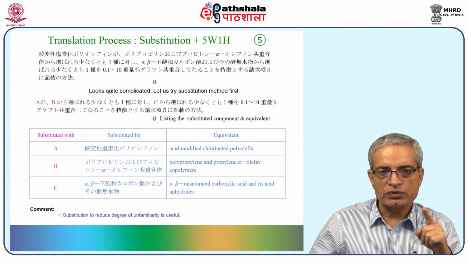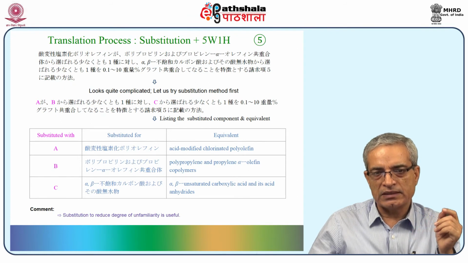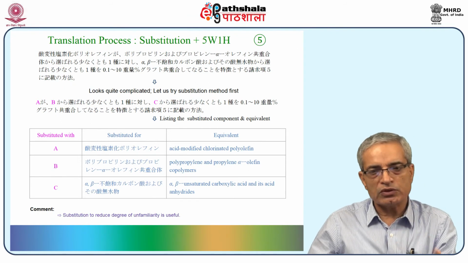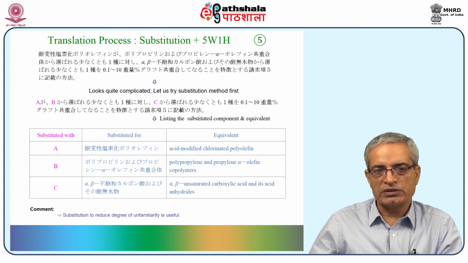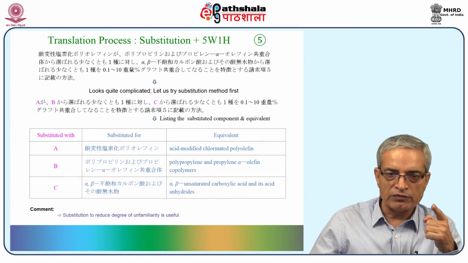Then erabareru sukunaku tomo ishu ni taishi. Alpha beta we have replaced it earlier with the C kara erabareru sukunaku tomo issue o 0.1 te ni ichi naishi 10% グラフト共重合してなることを特徴とする請求項後に記載の方法. So substituted with ABC are,